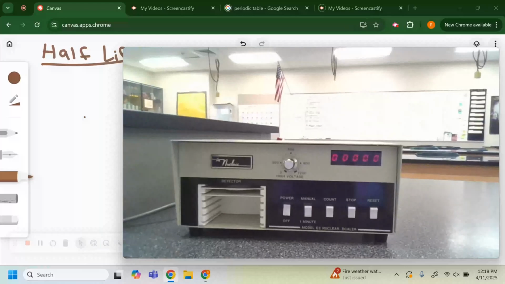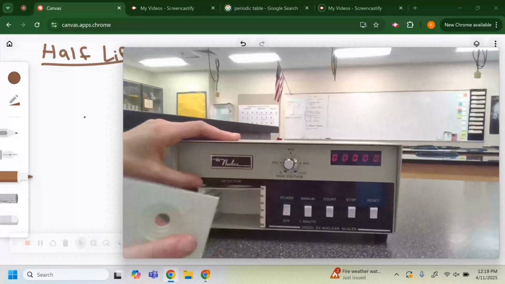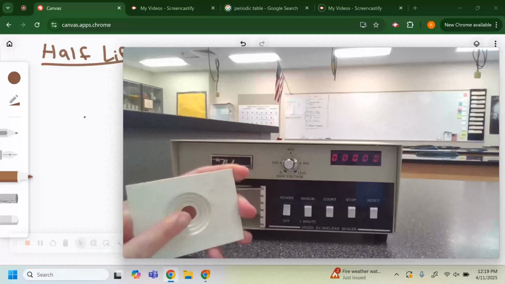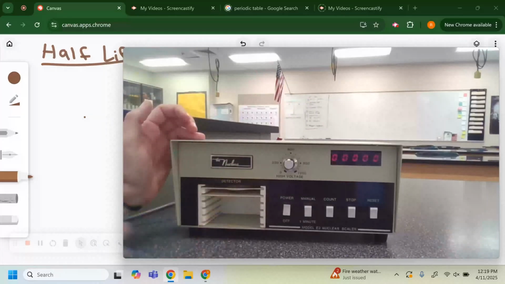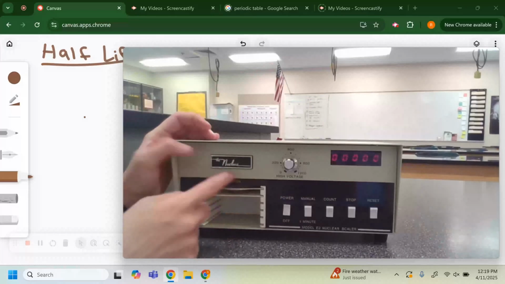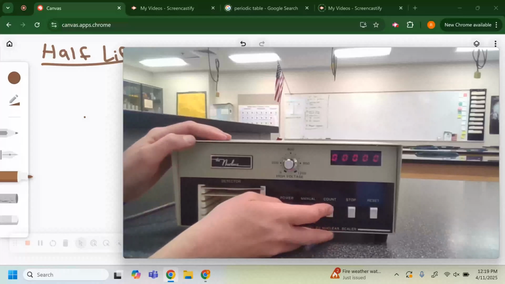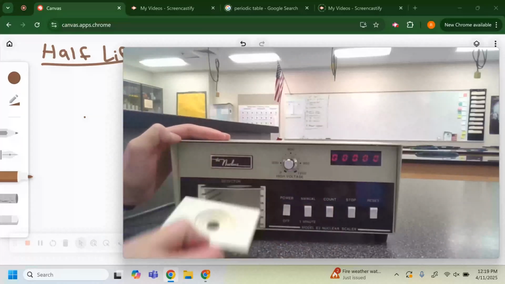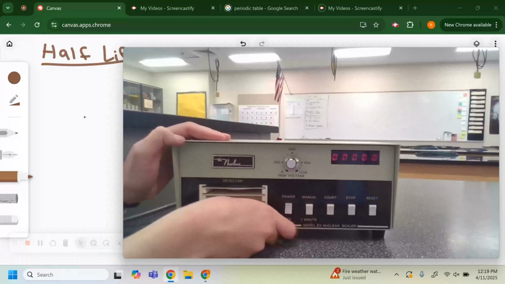So you can see right here is where the detector is. It says detector on there, so that's how you know. What you can do is you can slide out one of these little guys and you can put a little radioactive material in here, slide it back in, and then the Geiger counter will start counting how many little radioactive particles hit the detector. Now, right now, if I hit the count button, it'll start counting, and you'll see that I have nothing on this tray. But if I go ahead and start counting,